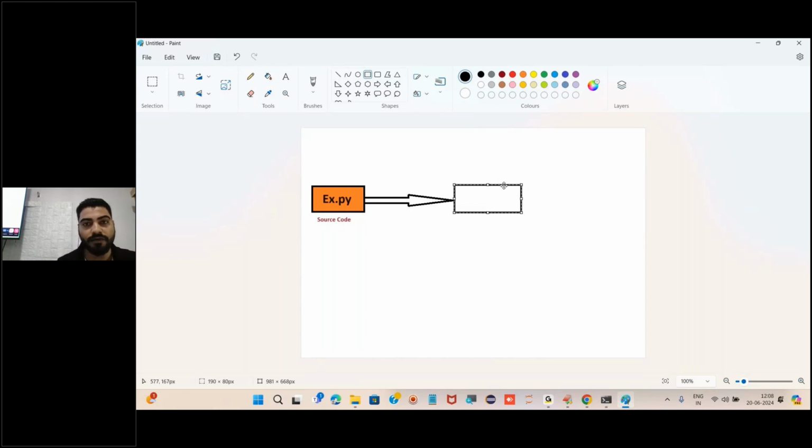Byte code. This byte code will be example.pyc, because it has been converted into byte code with the help of the compiler. Who is converting? The compiler is converting source code into byte code.